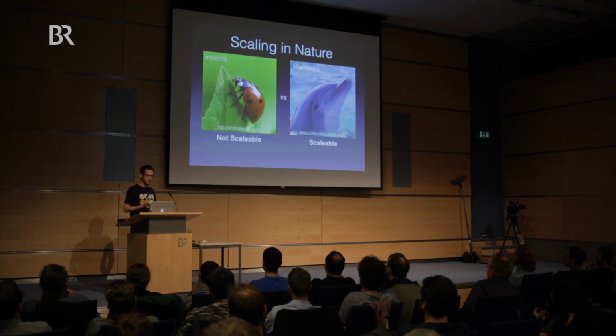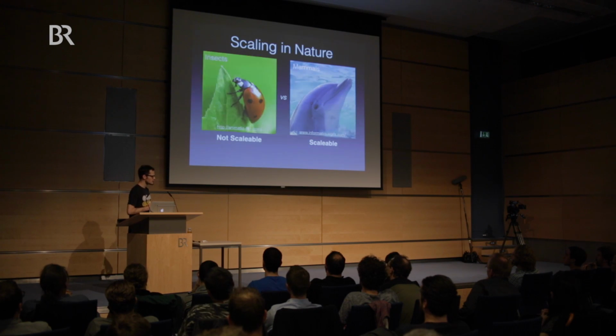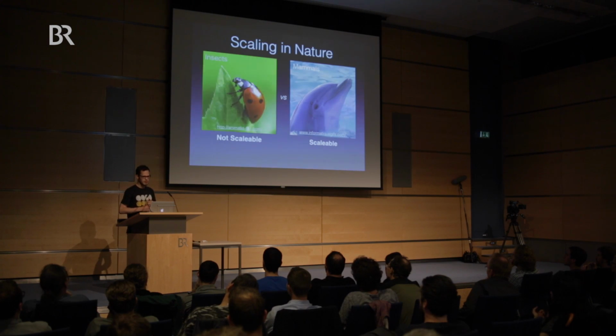Does any one of you know what's the big difference that makes one system scale and the other doesn't? So biology, kind of? No, but the inner parts is a good way to look for. Heat? No, that's not it. Veins. Veins. What's the problem with veins? Because insects don't have veins, so the fluid is like flowing around, and